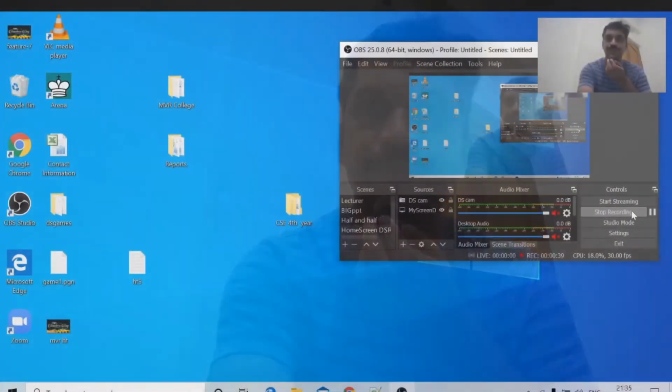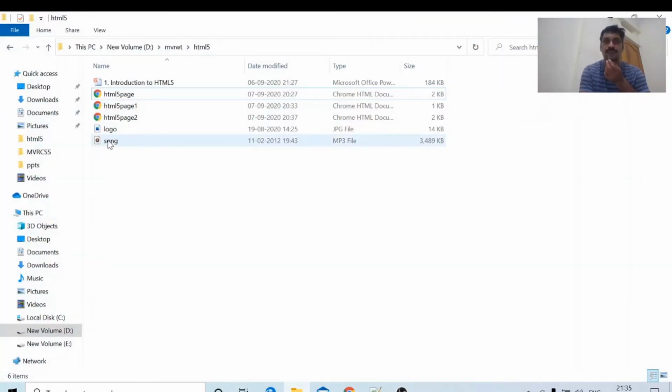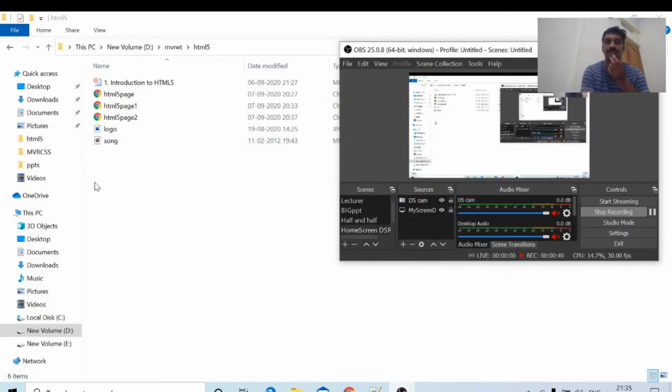Till now we have seen so much theory in HTML. Just relax for 4 minutes. We will listen to a song using the audio tag. Now I am prepared, one song is ready to play. We will see how to add an audio element in HTML. In this folder I have copied one song file whose type is MP3. I want to play this file in a web page. What controls are required?